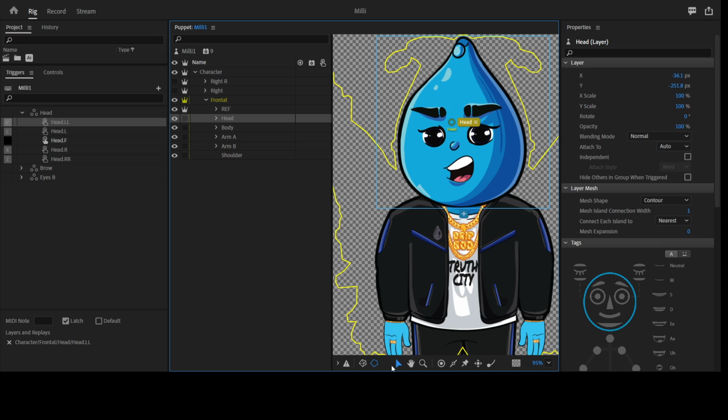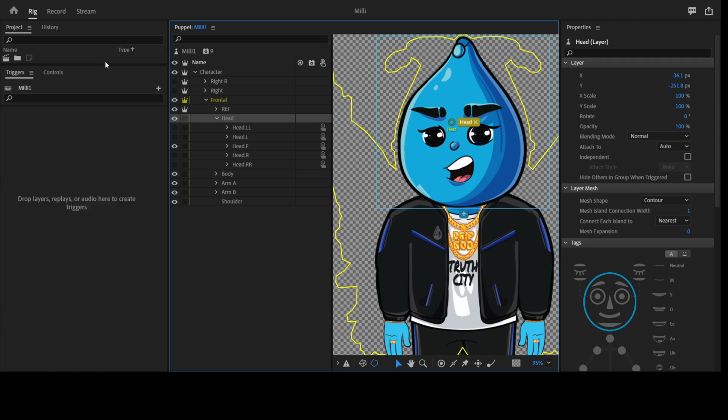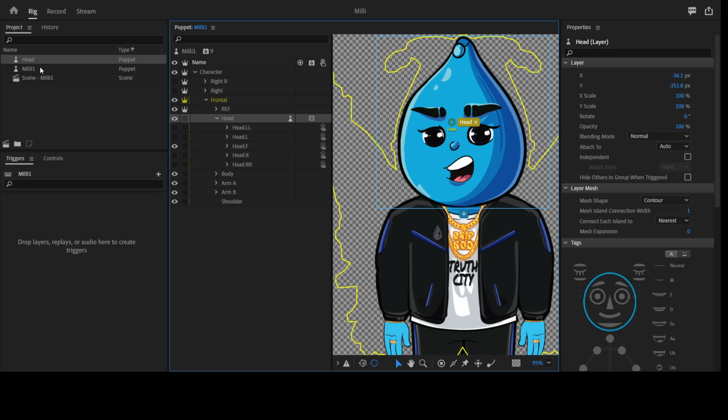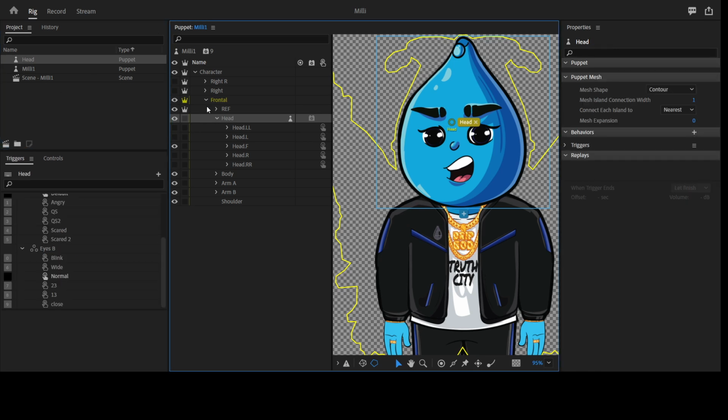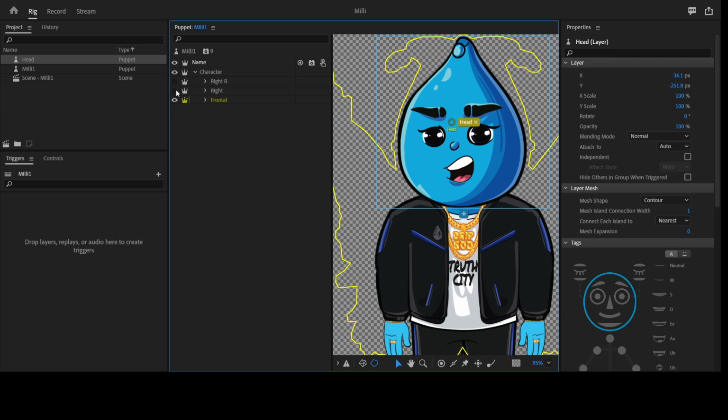So all you need to do, since we have all our head profiles, and the good part is after using this as shareable, you just need to work on this particular head and it will update in all the rest. So you right click and make head shareable. When you do this, the head will display on your project panel here. So all you need to do is come into this profile now,